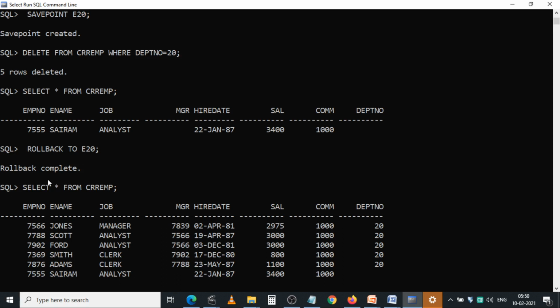Rollback complete. Now I want to show the records in CRR EMP, select star from CRR EMP. Then you observe, the department 20 records appear again in the table. That means that operation is cancelled.